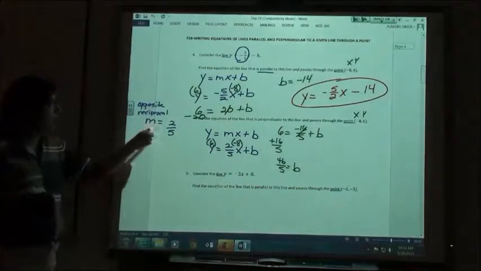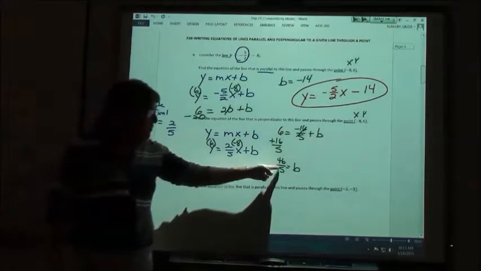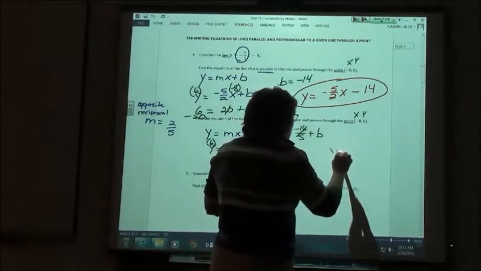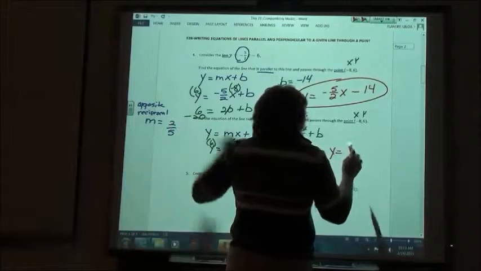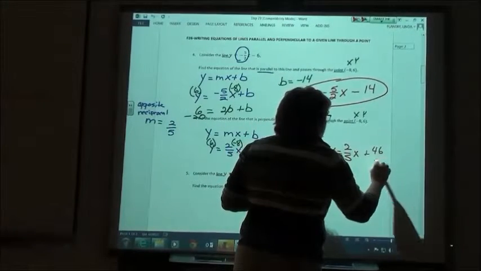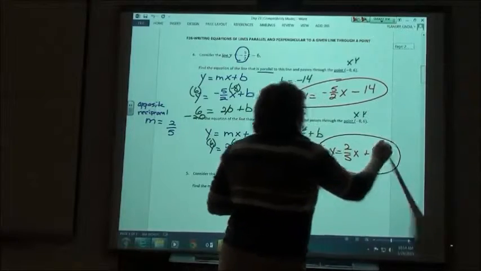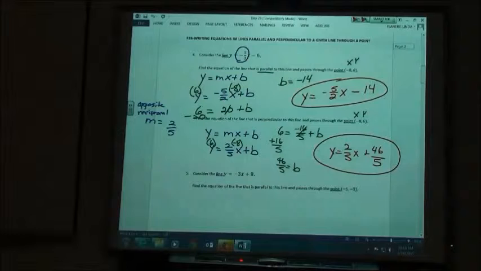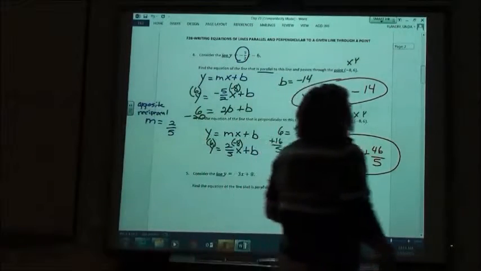So now we know the m should be 2/5, the b should be 46/5, so we can answer the question. y equals 2/5 x plus 46/5. All right, so they made a really long question combining a whole bunch of stuff we did already. And said, well, if you can do this,